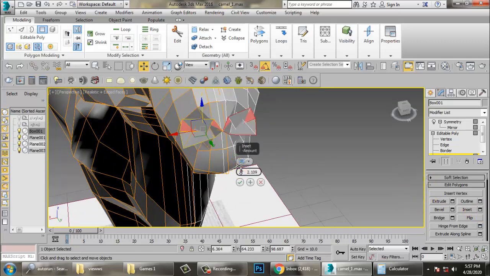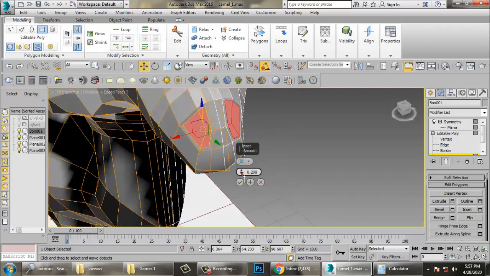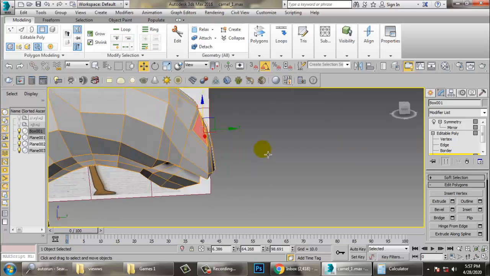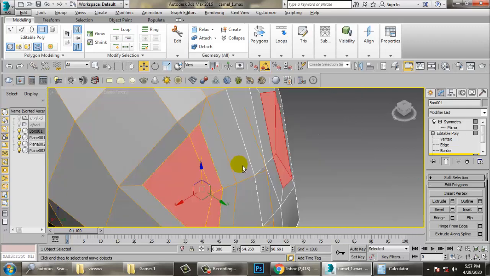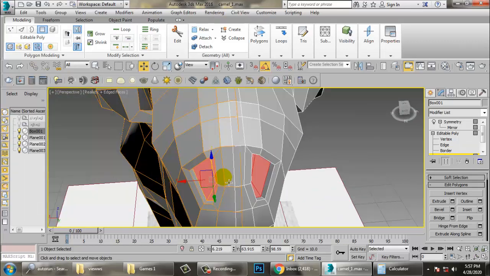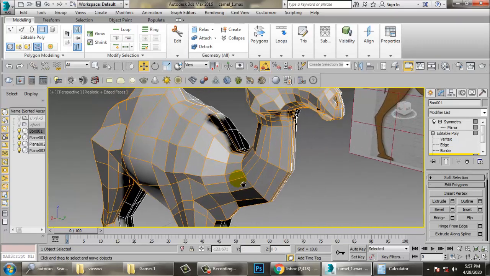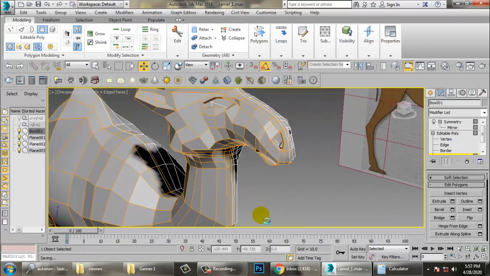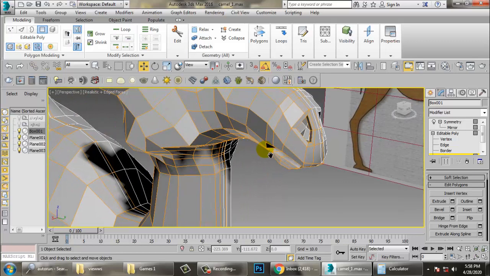Don't inset it much, just inset a bit. Okay, and just extrude it and can just delete that. Alright, so save your file again over here.